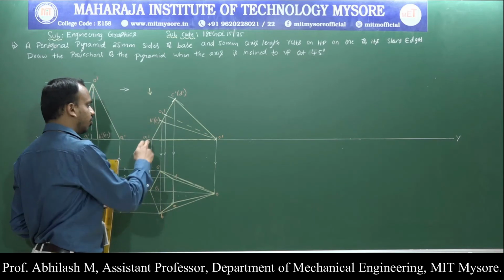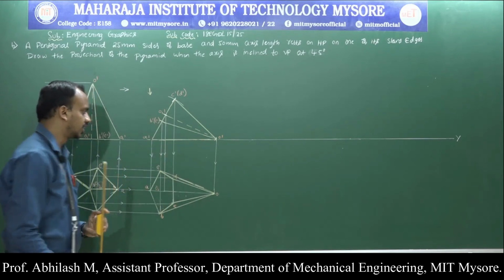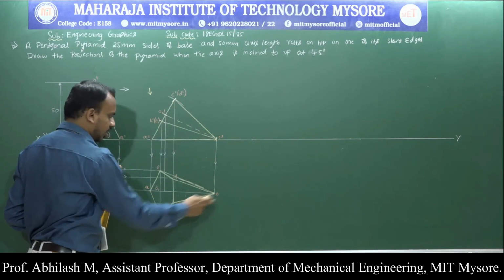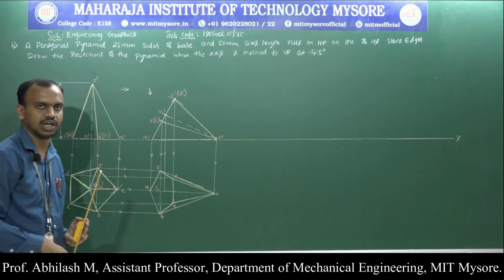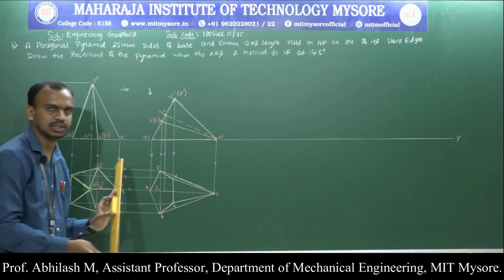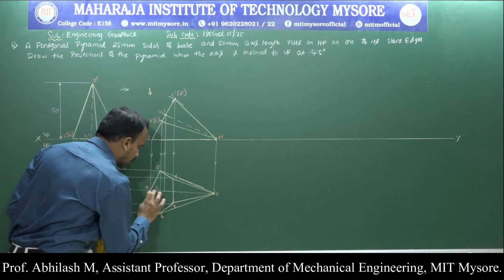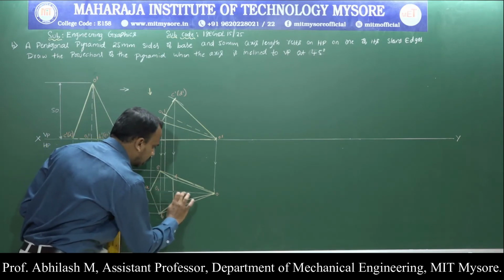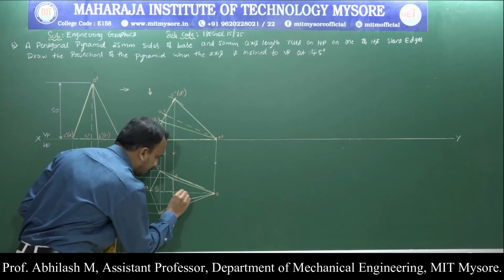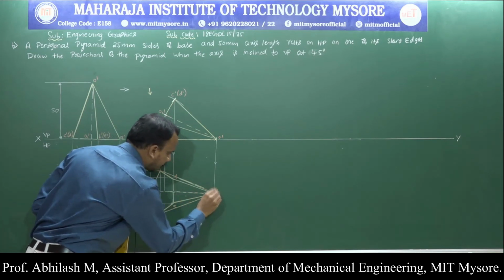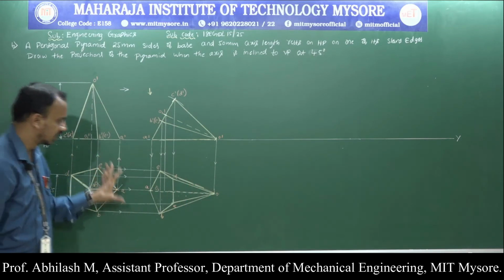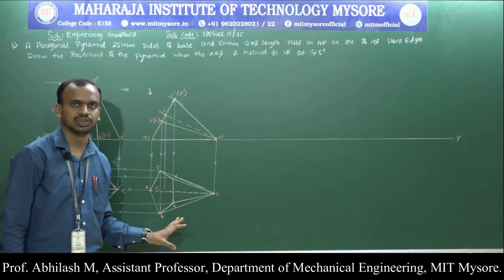One is B dash to A dash and the other is O dash to A dash. Here O to B we have already done, and O to E based on the first rule of condition. But O to A dash is far from the observer, so it has to be the dotted line or the thin line, the invisible line. We have applied the condition and we have successfully completed the second position.